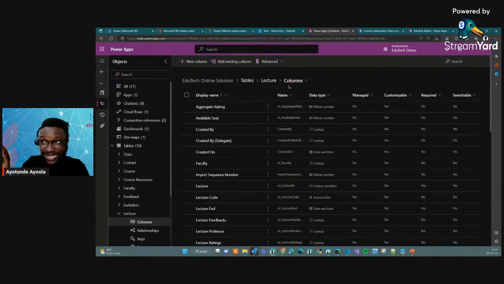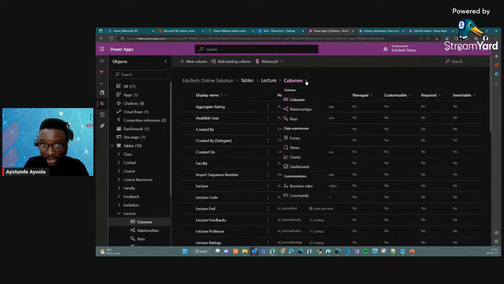Don't forget, we are still on the same table. You are not leaving that table. On the same table, lecture, columns, you can easily click on this drop down, and then you can see where it says data experiences, forms, views. Don't forget, forms used to what? Receive data. Views is used to what? Filter data that are already existing. Good. So let's click on forms